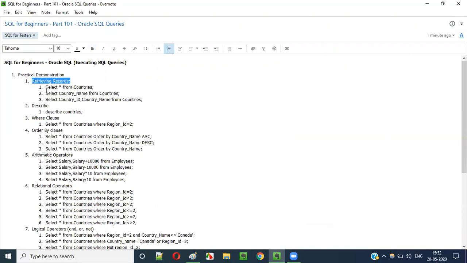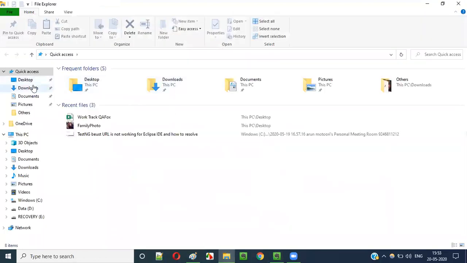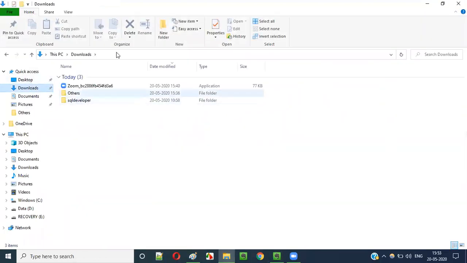Before going there, I first have to launch the SQL Developer client tool, which I downloaded and installed as part of the previous videos. I configured it also, so you don't have to do it again. Earlier, I downloaded SQL Developer in my downloads folder as a zip file and extracted it.